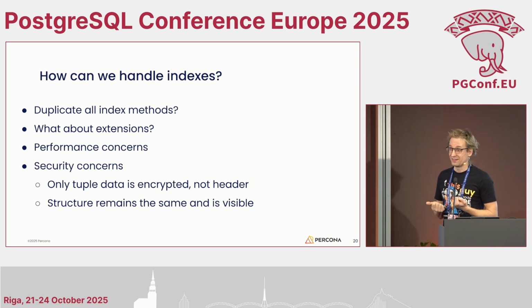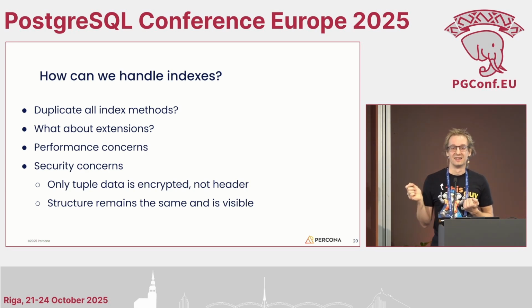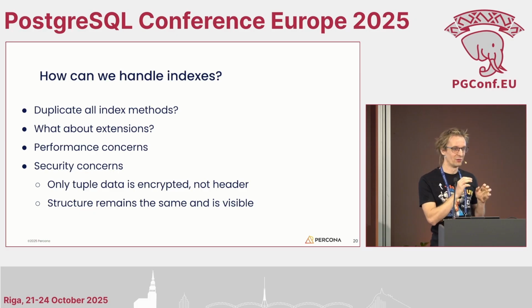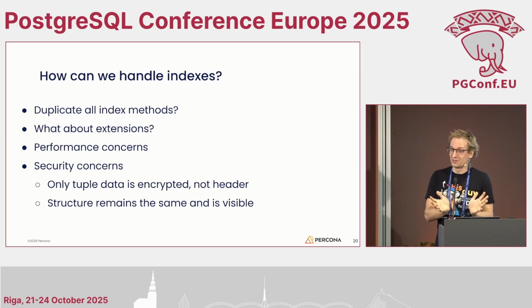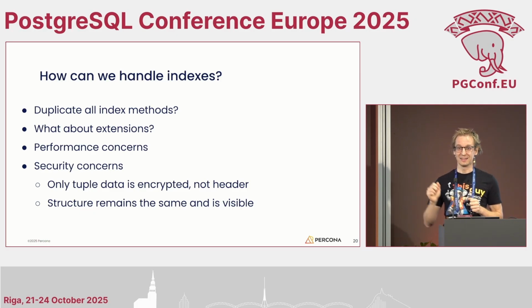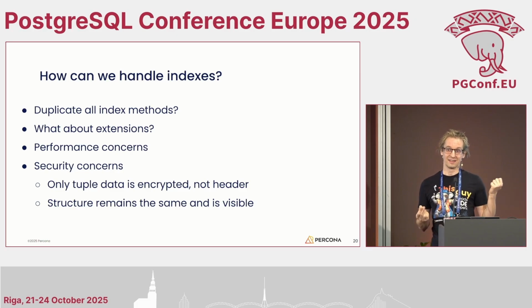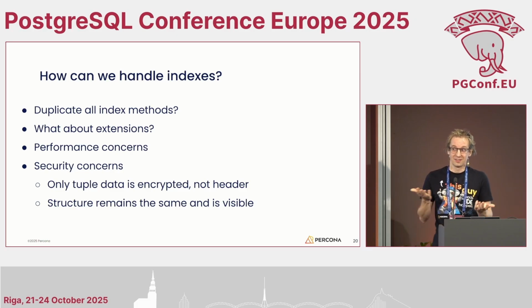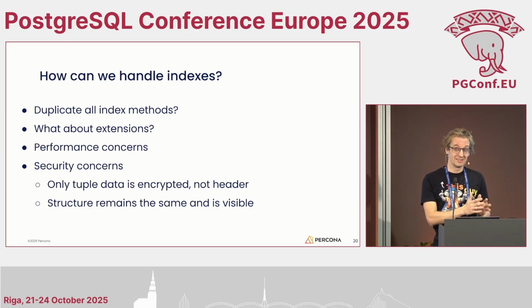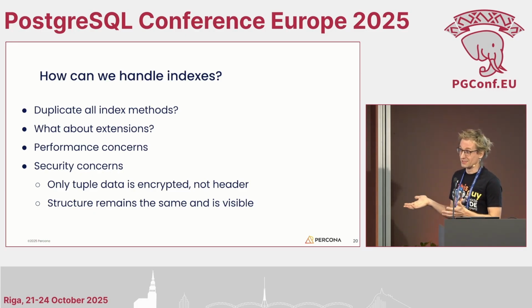And we also had serious performance concerns, because so far our performance, if users used index scans, which is the typical use case, was quite great, but only because we didn't encrypt indexes. So we had to question, if we also start encrypting indexes, how much performance drop will we see with index encryption? Will we get the same 60% of normal performance? Because if we do, that's a serious concern for anybody who wants to use our solution.